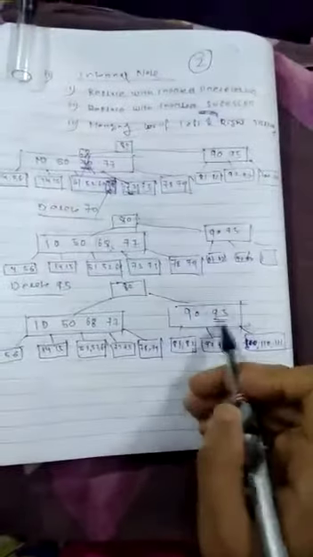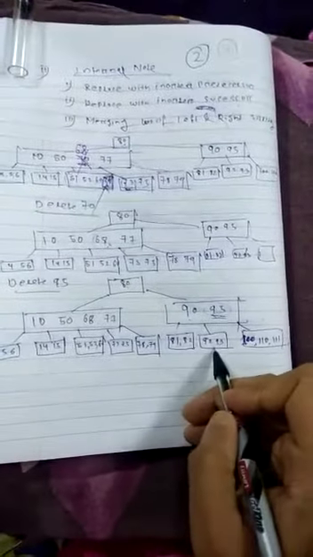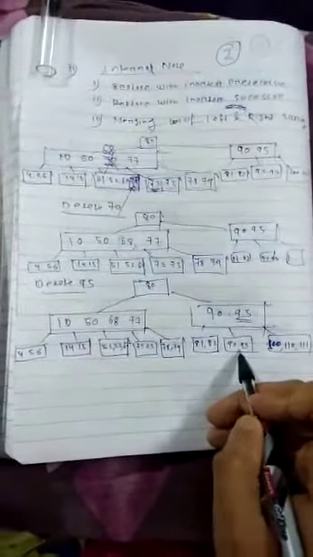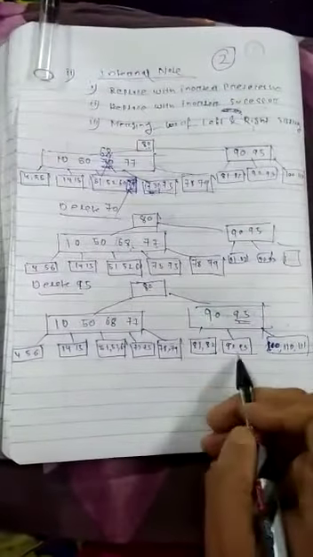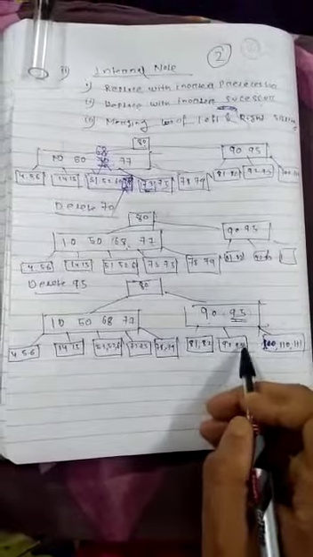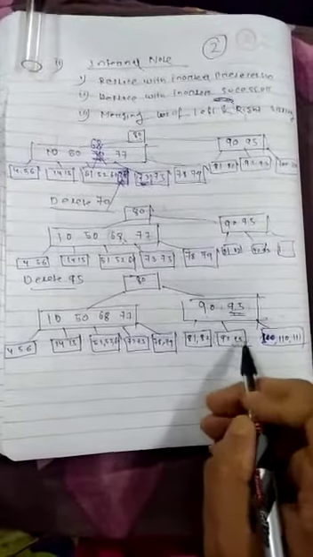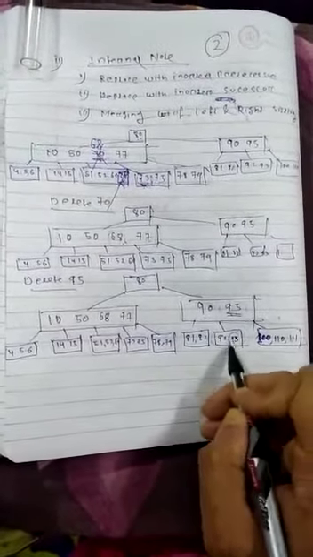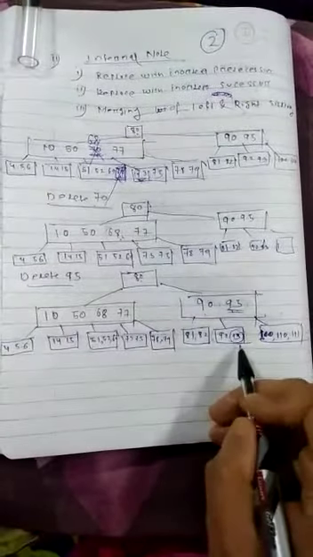So here, see, how to calculate the in-order predecessor? The in-order predecessor is the previous node and the in-order successor is the next node. Or we can also say it is the maximum element from its left subtree. What is this? This is the left subtree. The maximum element is 93. This is your in-order predecessor.